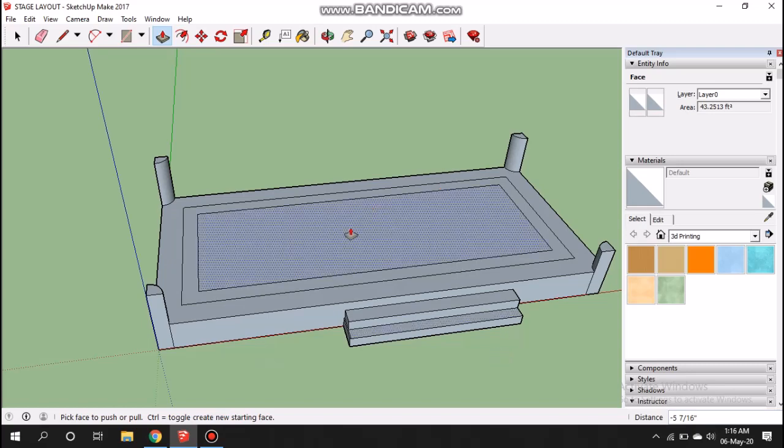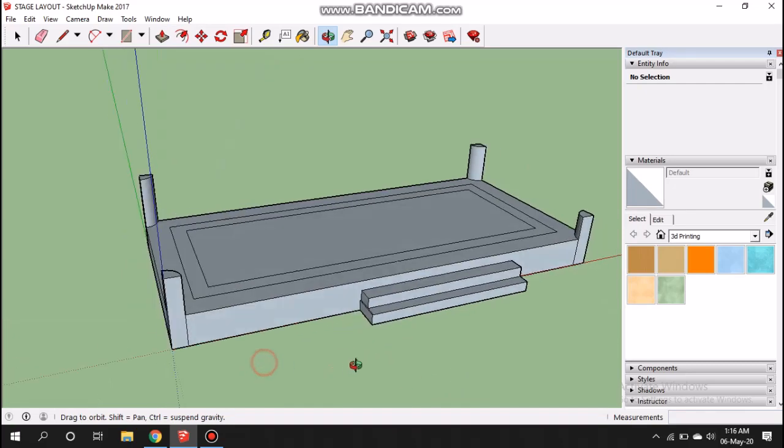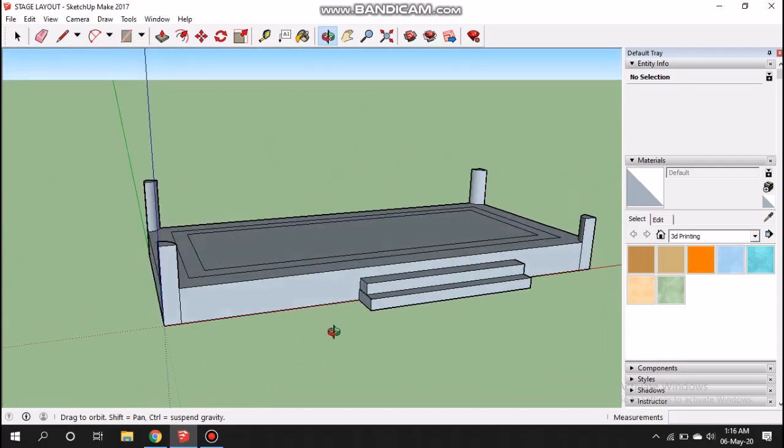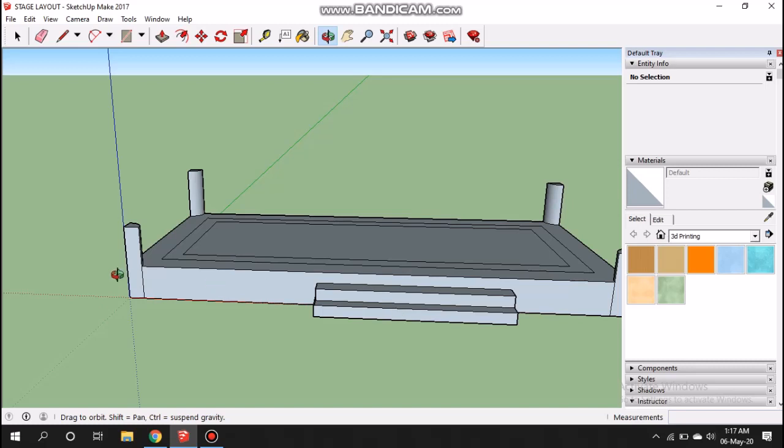Okay, we have now created the stairs. Now in this video we have made this stage, the stairs and the pillars.